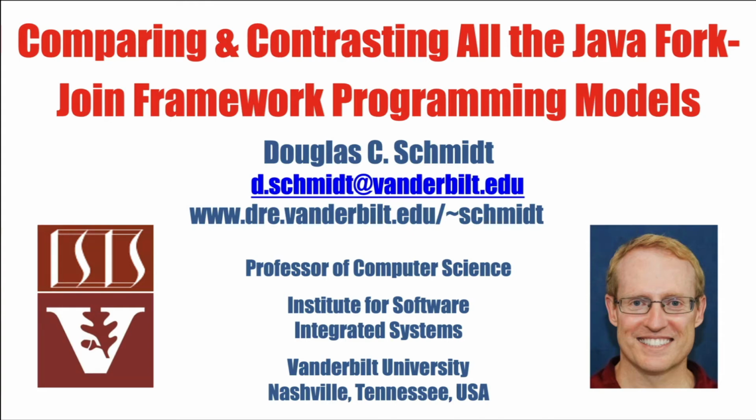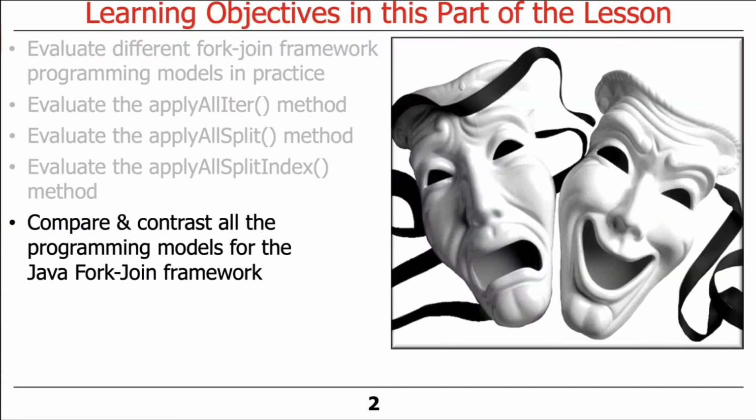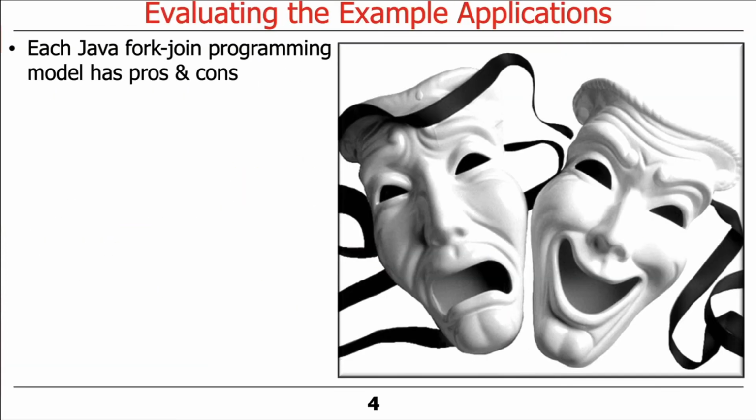So now that we've talked about all these different models, and I believe there's actually a few more we haven't talked about, which we'll look at briefly, let's go ahead and compare and contrast the pros and cons of these different approaches. And we'll see the good and the bad of each way of doing things. So each of these programming models for the Java fork join framework has pros and cons, as with almost everything